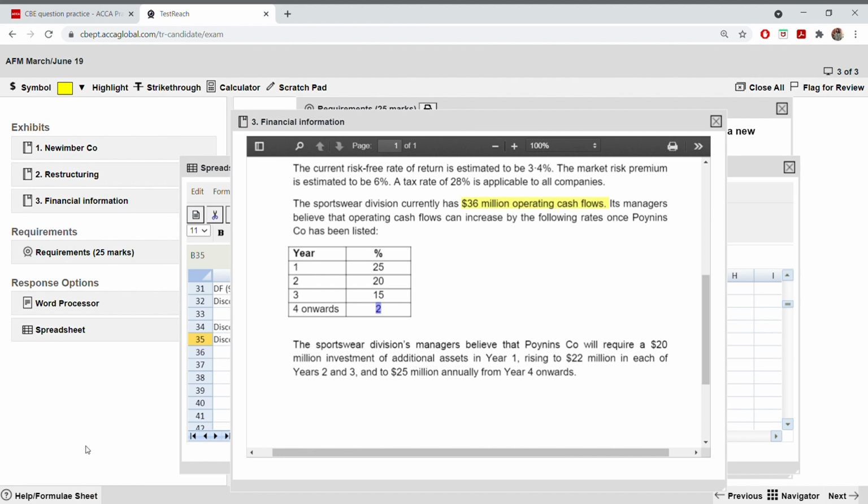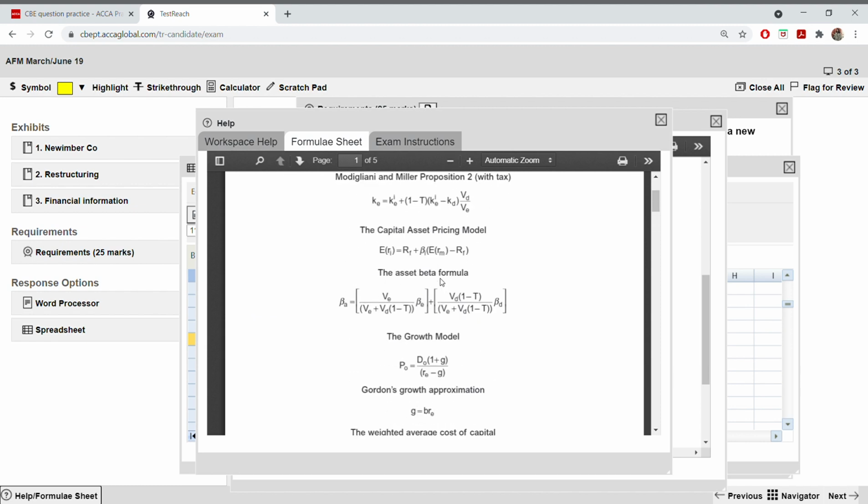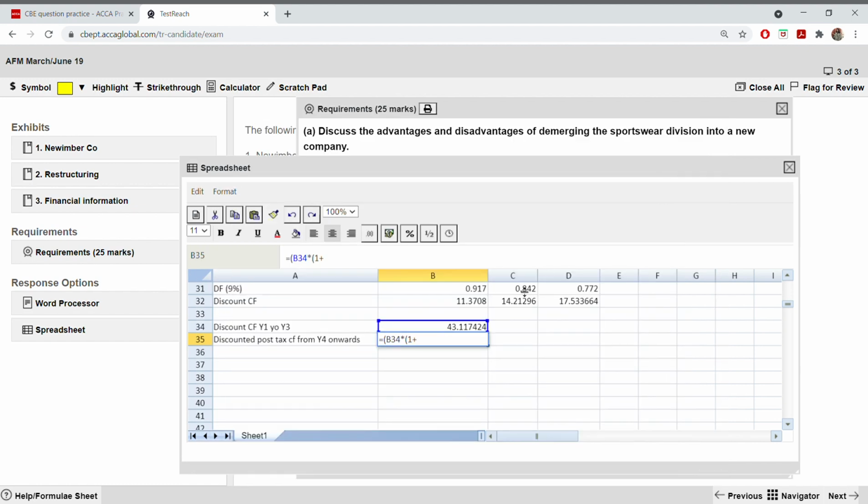Okay, in case you forgot the formula, let me take you there also. It is this, we are using it. Instead of dividend, we are using free cash flow. So free cash flow into 1 plus the growth rate divided by cost of equity minus growth rate. Okay, 2%. So it will be 2% divided by